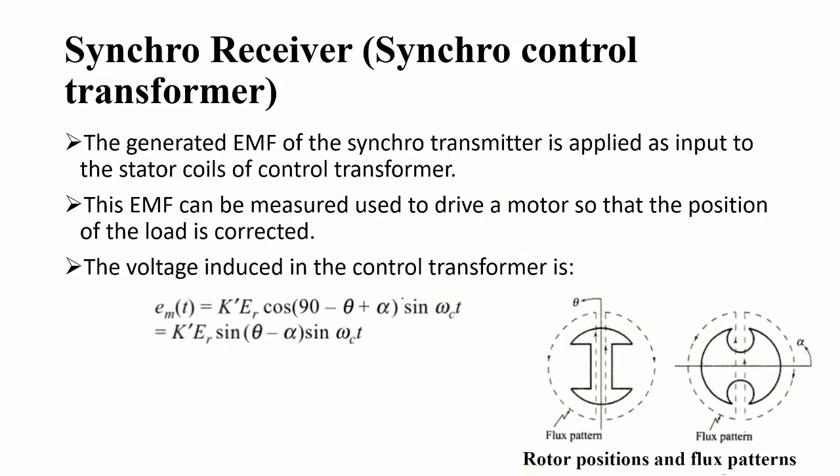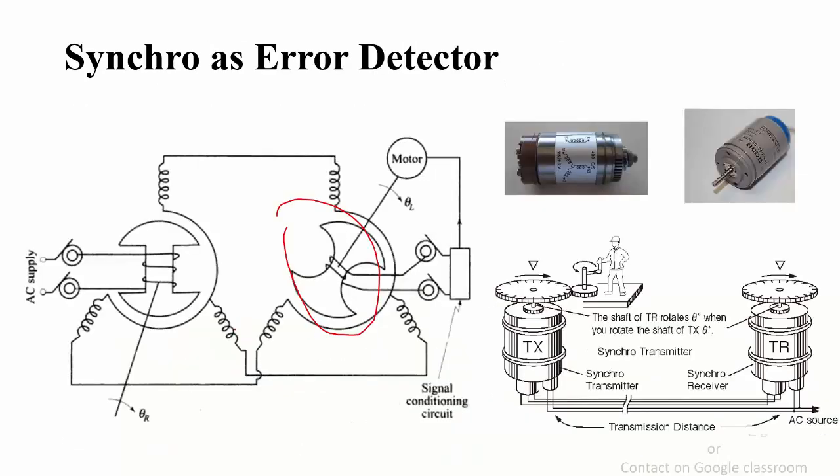So this is given by an expression, and you can obtain this expression using the same method that I told you for the transmitter. The same expression, the transformer action taking place on the receiver side, can be applied, and the induced voltage that exists in the rotor of the transformer will be obtained in such a manner. So let me make things once again more clear.